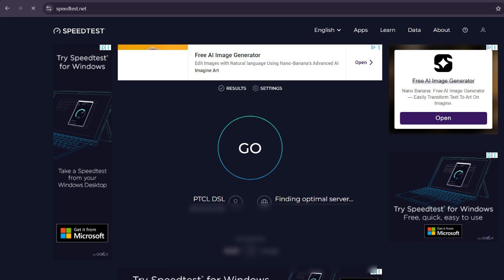In this tutorial, you will find out how to monitor internet speed with Speedtest by Ookla. If you're looking to learn and track your internet speed, then here's how you can easily do it by using